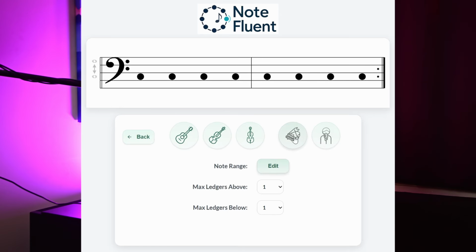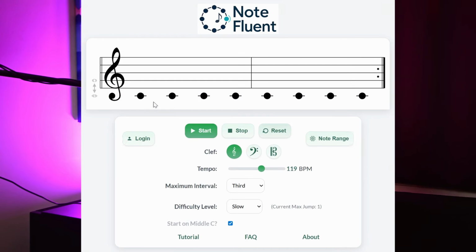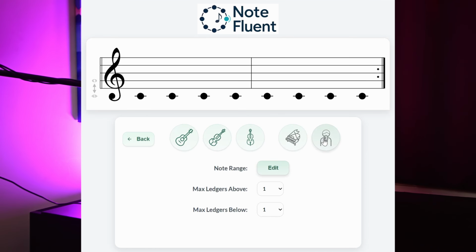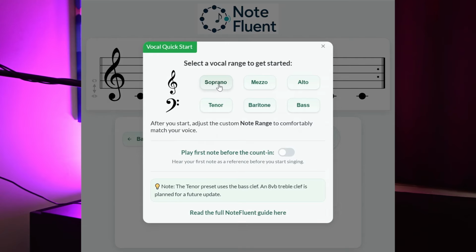And if we go back in there, for the right hand, this is also your recommended range, which if you're learning from any method book for beginners, that'll be really, really familiar to you. There is also a setting for singers, because it's incredibly useful for singers to be able to sight sing with this. So not only can you choose from soprano, mezzo, alto, tenor, baritone, and bass, but it also gives you